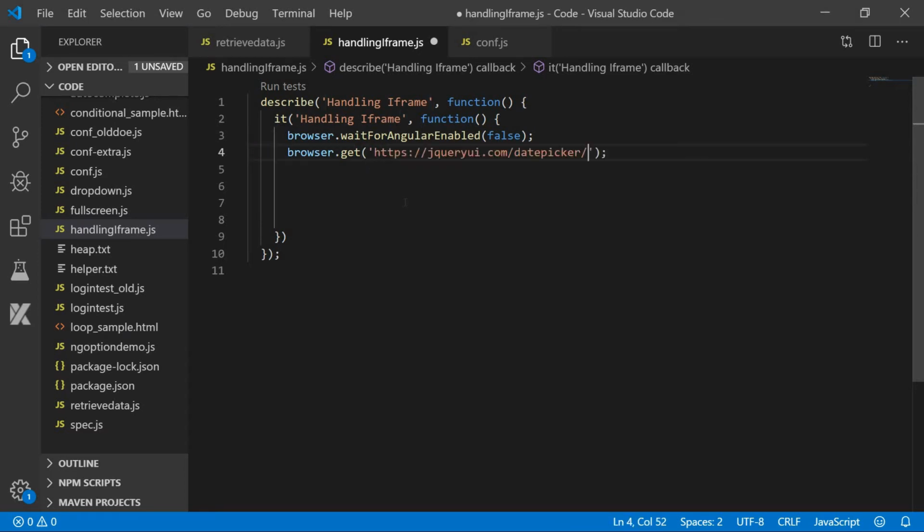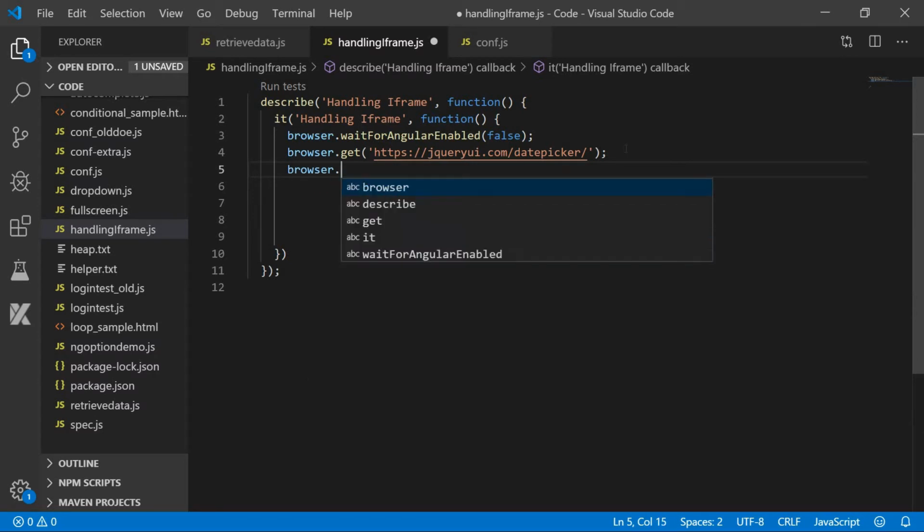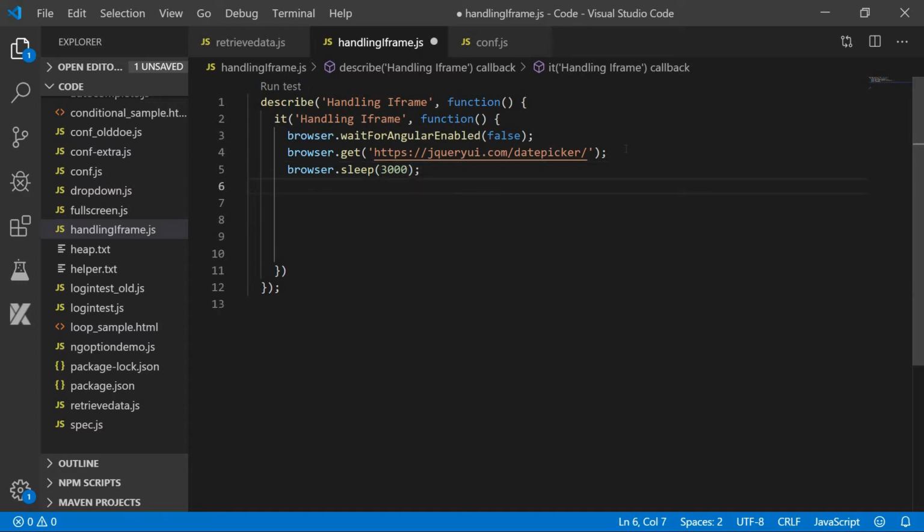It's pretty simple. The next line: I prefer to give a browser.wait a couple of times. For the time being, I will give a browser.wait, just a 3-second wait to load the website properly.